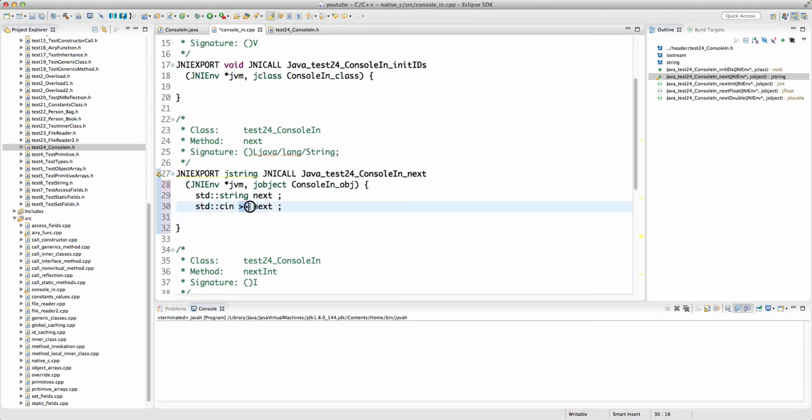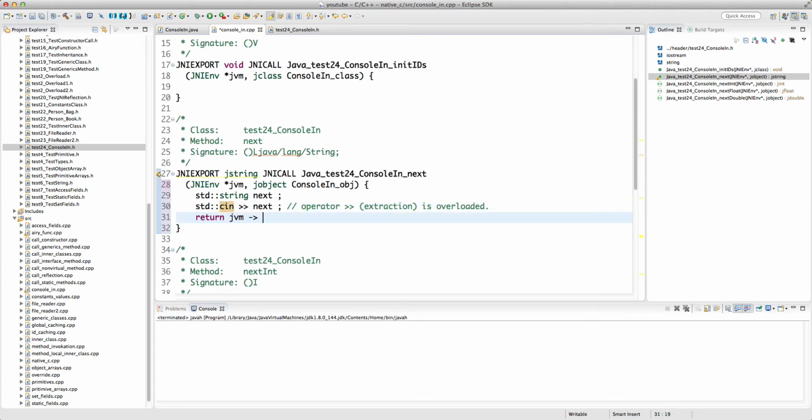And again, this operator, greater than, is overloaded for all the primitive types in C++ and also the std::string. The good news is that all the primitive types of Java directly map to all the primitive types of C++. And because this operator is overloaded, it's extremely easy to read a Java type directly from cin and then send it to Java. So again, this operator, greater than, also called the extraction operator, I believe, is overloaded for std::string. So it reads the next string from the console and puts it into this std::string,